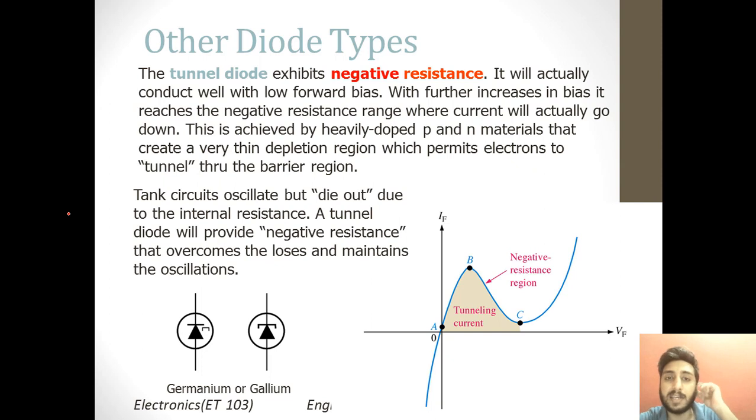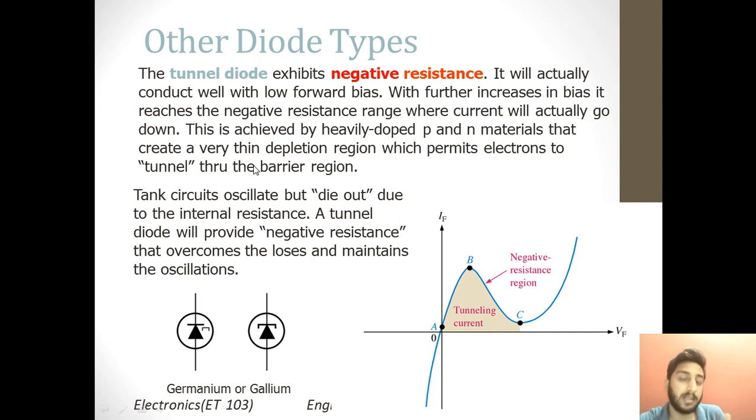Another diode is the tunnel diode, and it exhibits negative resistance. It will conduct well with low forward bias, and if you increase the bias voltage a bit further, it reaches the negative resistance range, where the current will go down. They have achieved this by using heavily doped p type and n type materials, and that creates a very thin depletion region actually,